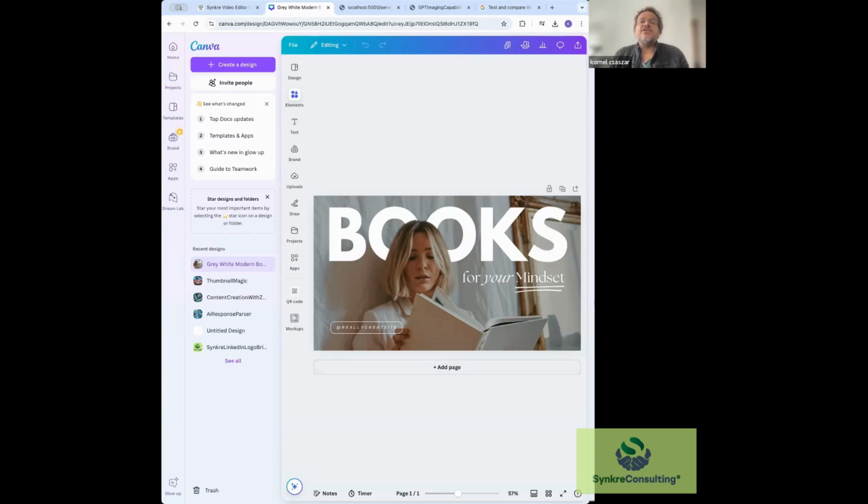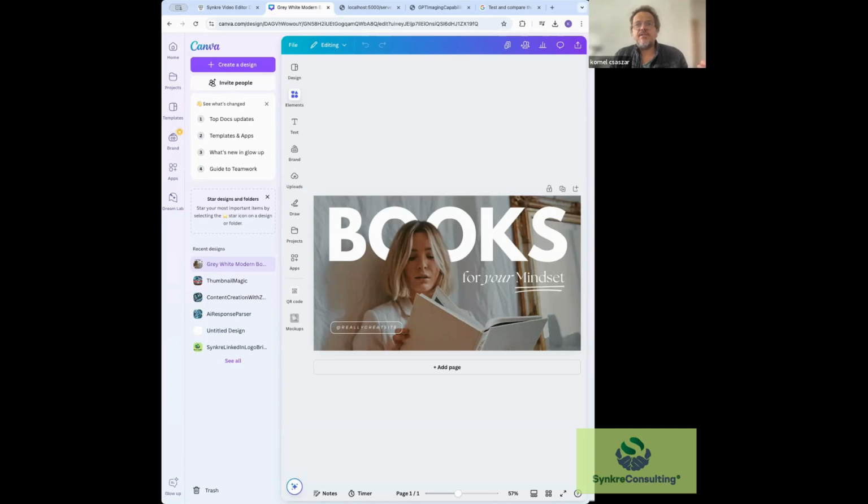So then there's the issue of testing and optimization. Thumbnail performance varies, and knowing which designs will attract clicks can require A/B testing or experimentation, adding another level of complexity. Since now it's fast and easy to create thumbnails, if you're using my video editor, we can keep making and trying out new ones in quick succession to see what works better. So the point here I'm trying to make is that